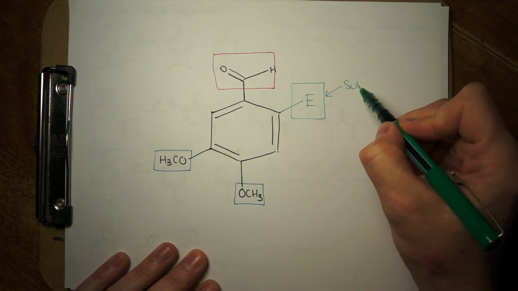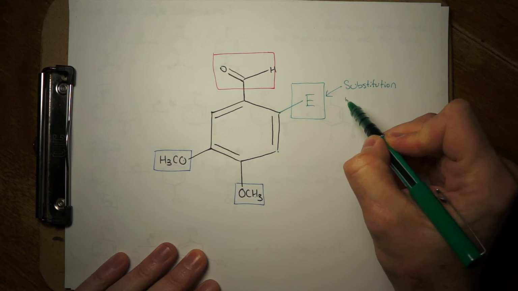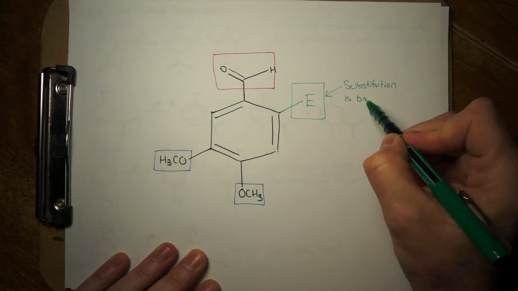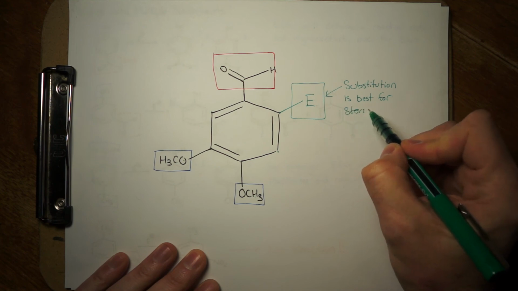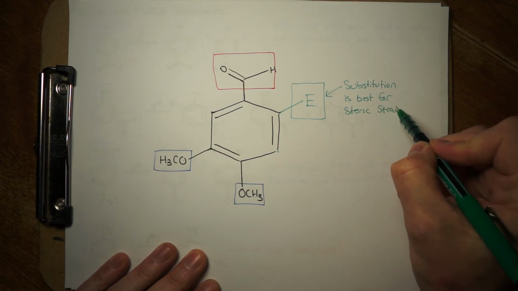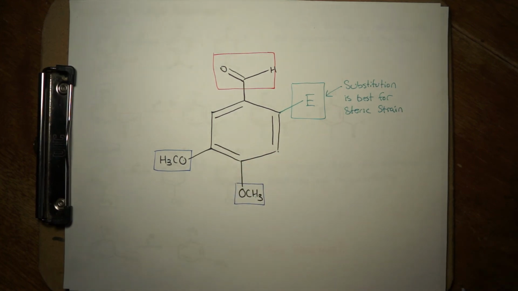So in this case, the substitution at this position is best for sterics. Right? We can say that all three positions that we identified are going to be equal electronically,